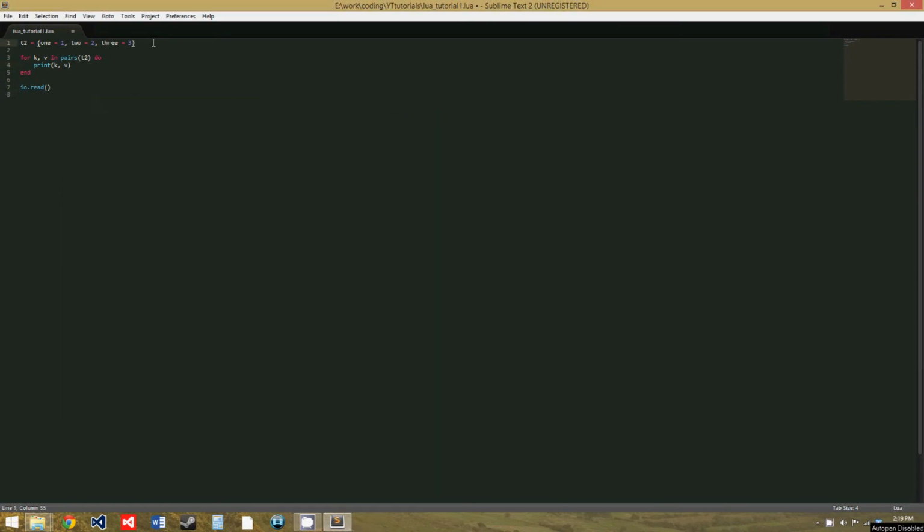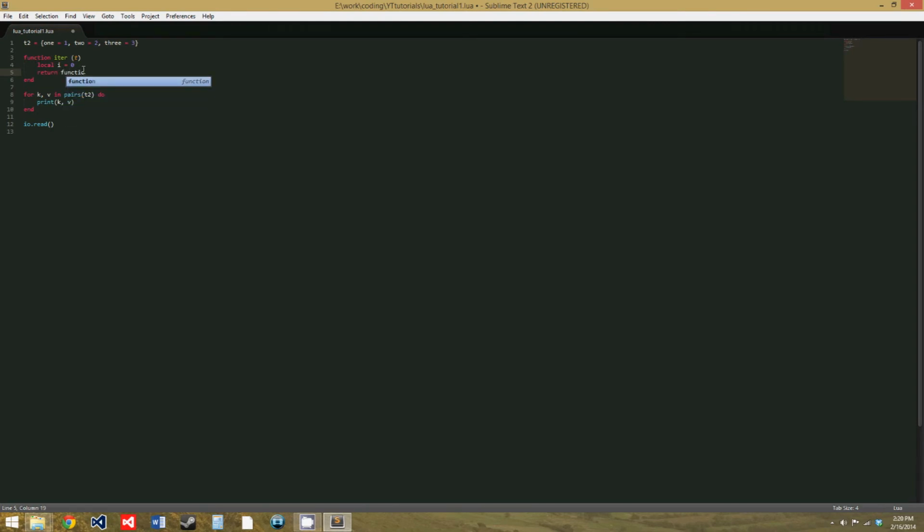Alright, so now we're going to create a simple iterator function. We'll make a new function, and we'll just call it iter, and it will take t as a parameter and end. And the t will be a table for the parameter. This function is just going to loop through a numeric table. This probably won't be much help in real programming, obviously, but it's a good example. So we'll create a local variable, local i equals 0. And then we just return,